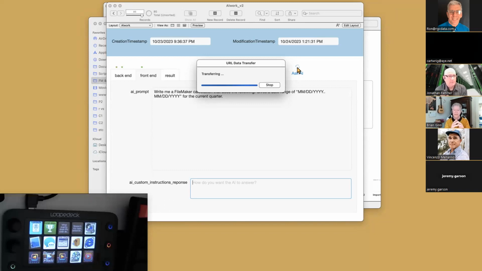And that did two things. If I were learning FileMaker, I would want that. But because I'm okay with FileMaker, in this case I just need the calculation. So when it comes back, it's going to flip over to the results tab, and you'll see the difference here.